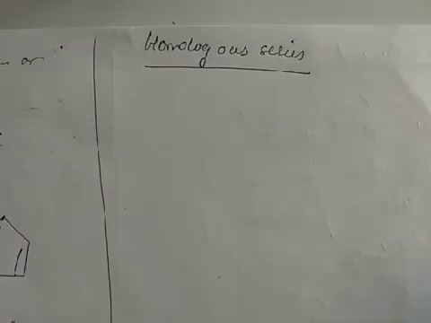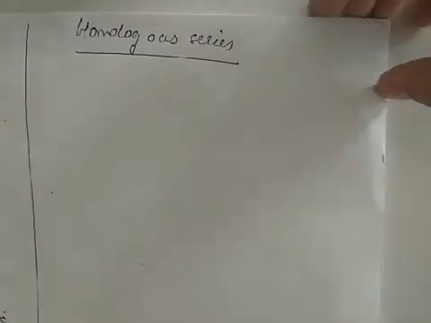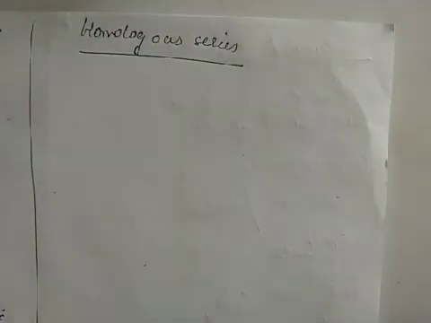See, homologous series basically होता क्या है? It is a series of carbon. I told you ना that carbon has a unique ability to make a number of carbon chains, to form bonds with a number of carbons. So there is a series of carbon atoms. If I talk about alkanes, there is a series of carbon. If I talk about alkenes, there is also a series of carbon, and the same for alkynes. So this is what we call homologous series.